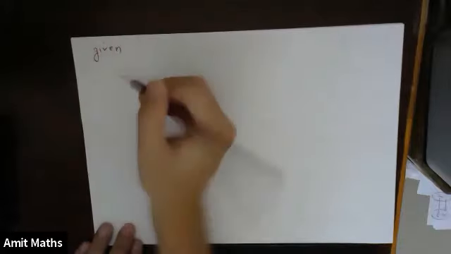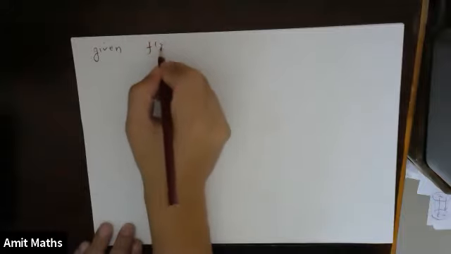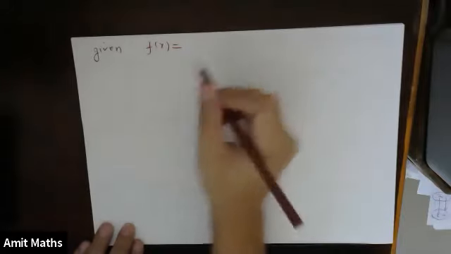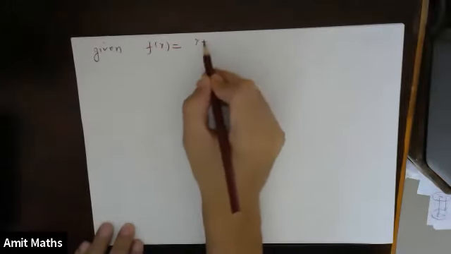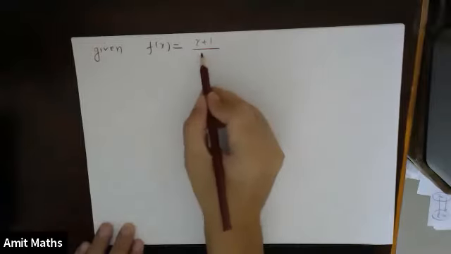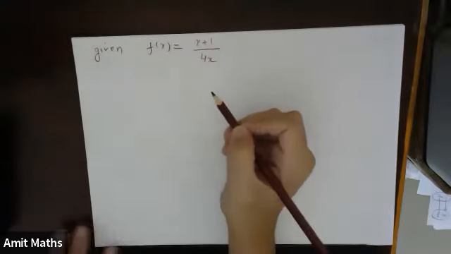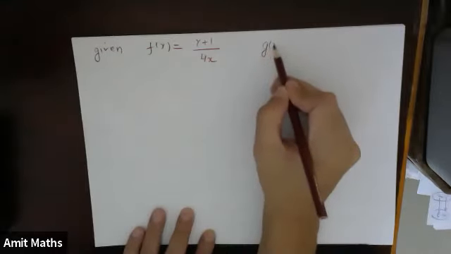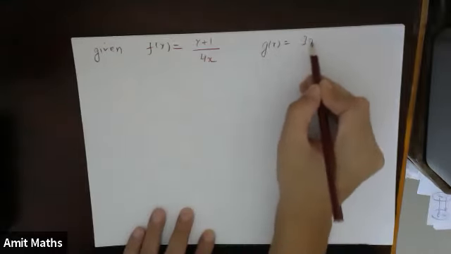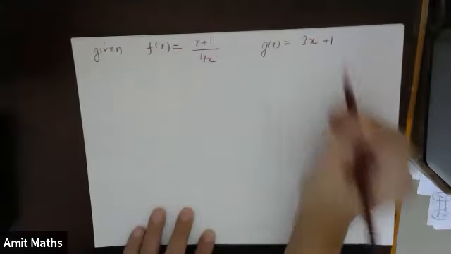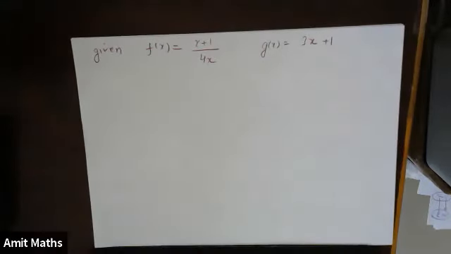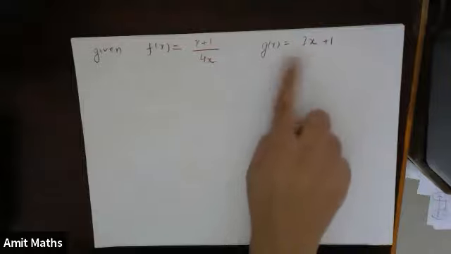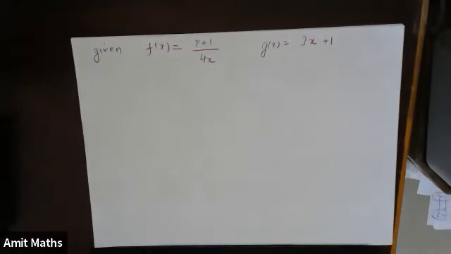They have given f of x is equal to x plus 1 upon 4x, and g of x is equal to 3x plus 1. Okay, so you have to find,